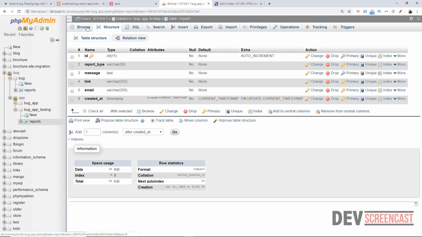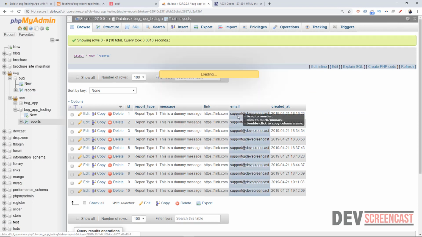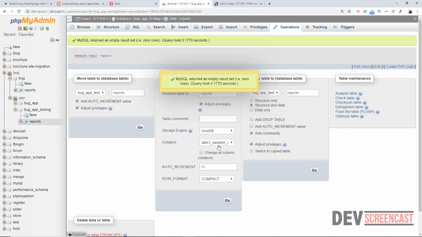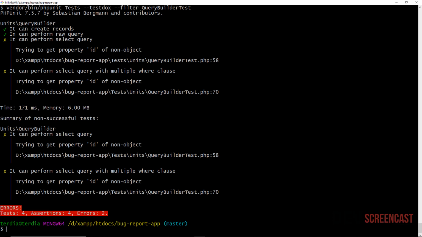We're going to see that we have a lot of records here, but we want to clear out everything. So I'm going to truncate. Let's truncate this. And then let's run the test again. Test phase, trying to get property ID of non-object. Okay, so